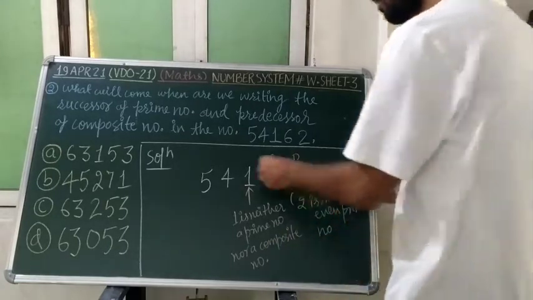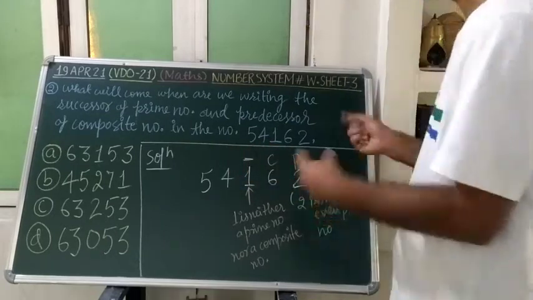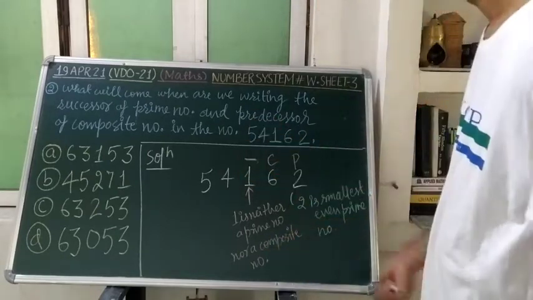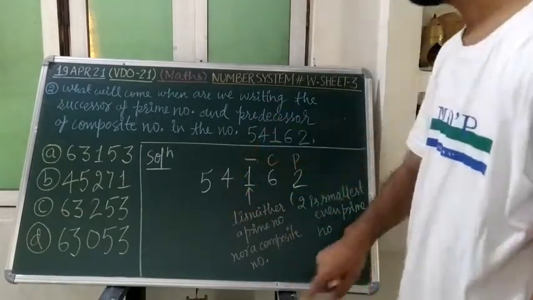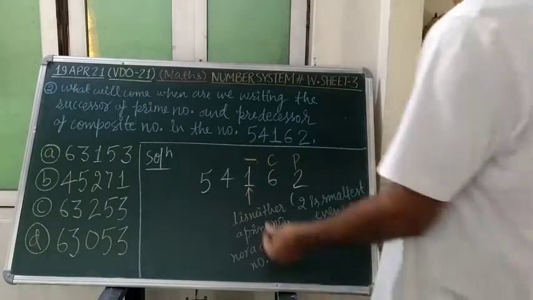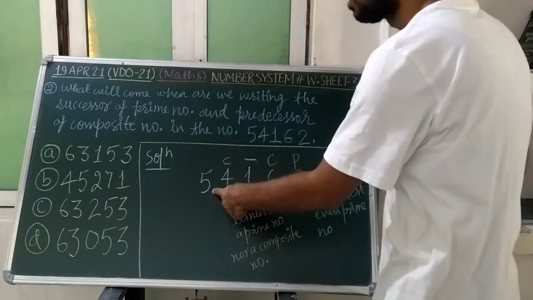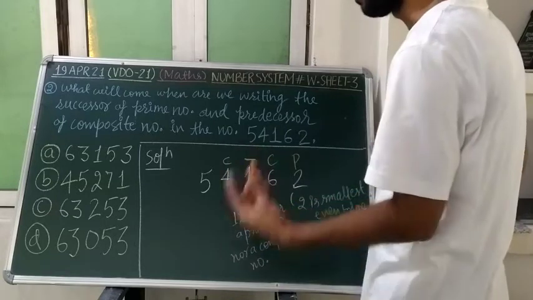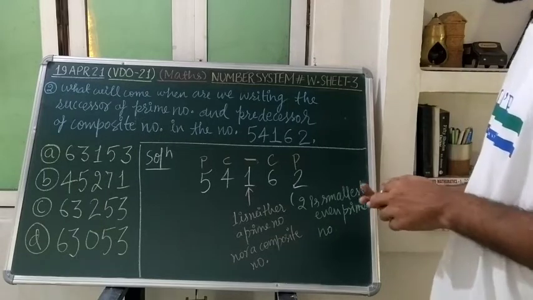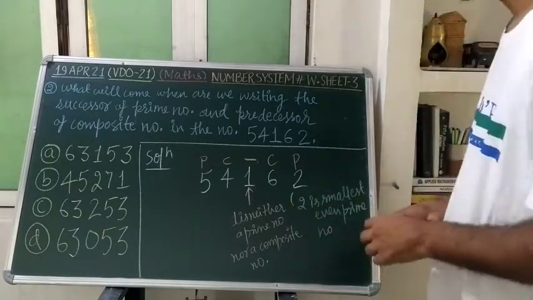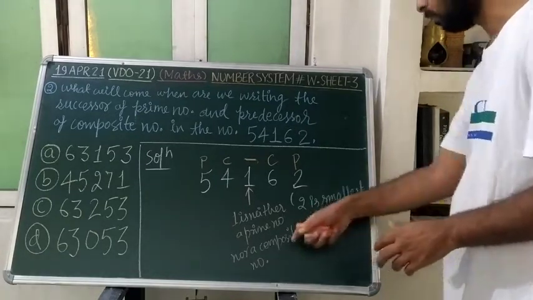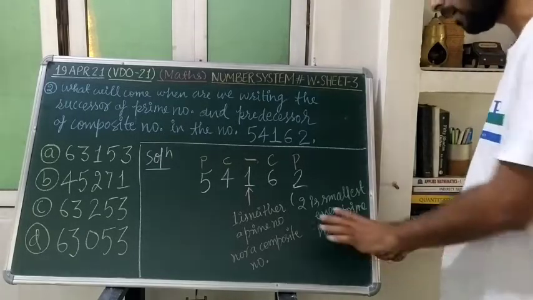So for that we will put a dash here, since it is neither prime nor composite. This one we will not select. 4, along with 1 and 4, is also divisible by 2, so it will be a composite number. 5 is a prime number, since it is only divisible by 1 and 5. I have made this clear. You can take a screenshot and write it down.